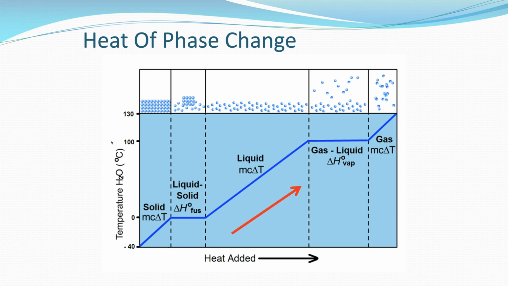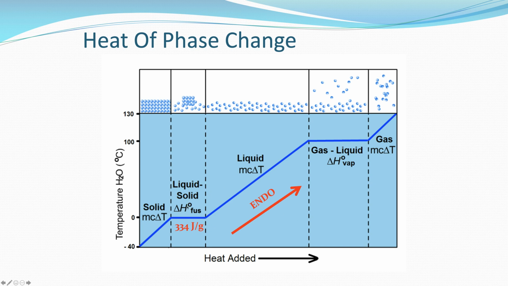Well, first of all, if we add heat, this is an endothermic process. You notice that as we increase in temperature, that's an increase in kinetic energy. So during the diagonal portions of this curve, kinetic energy is increasing. However, kinetic energy does not change when a phase change occurs. Therefore, kinetic energy remains constant, but we're still adding heat, which means potential energy increases as we add heat during a phase change. If we remove heat during a phase change,